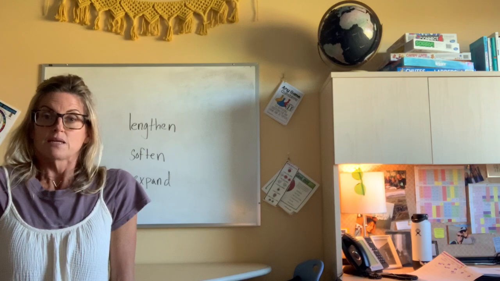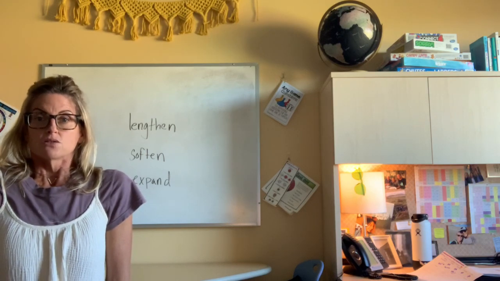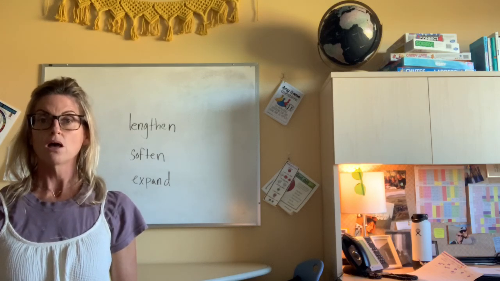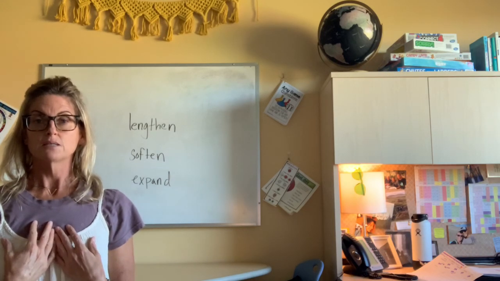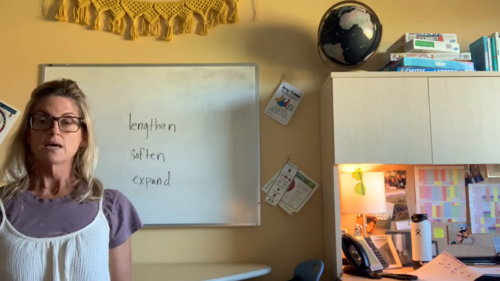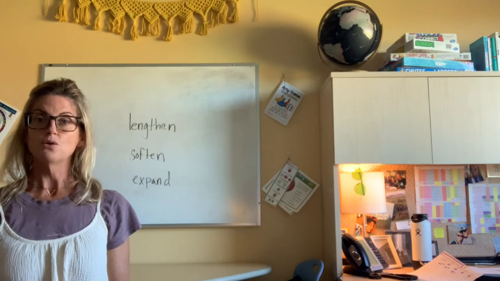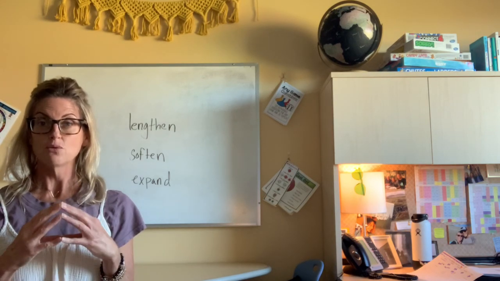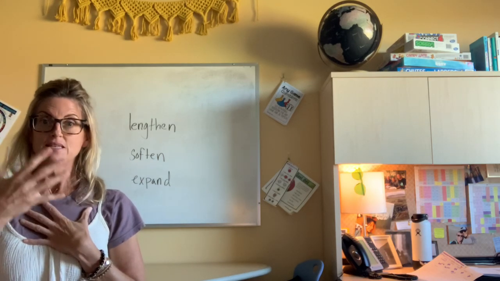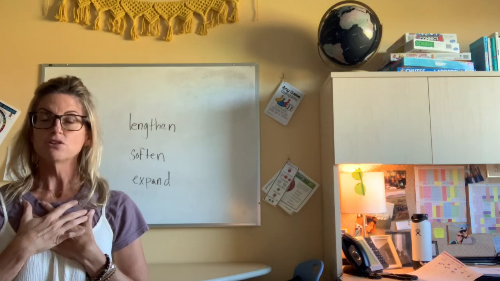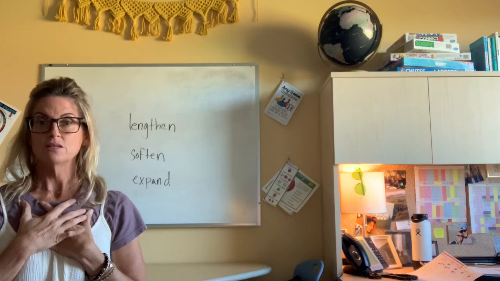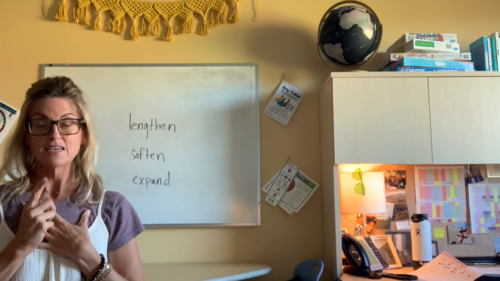And I usually lengthen my spine. Is there something we can soften? I can always soften my shoulders, my jaw, and expand. What can I expand? I can expand my heart. And anytime you notice a place inside that you like the way it feels, validate it, like stamp it and say, I like this. I like this flow. I like this openness. I like this clarity. And you can say to yourself, now this is me.